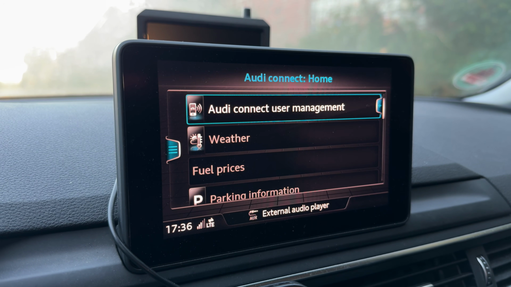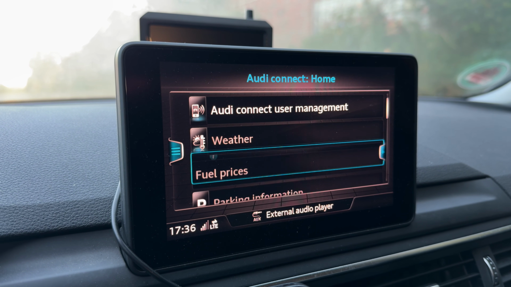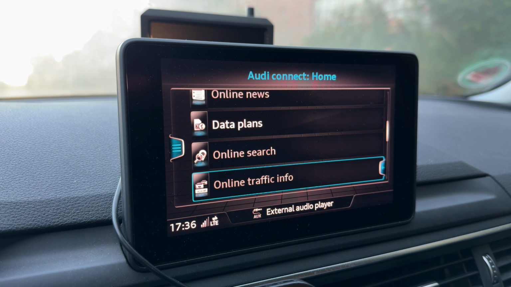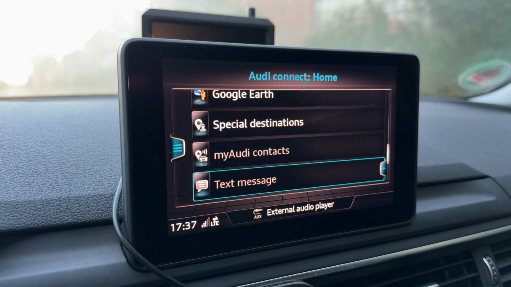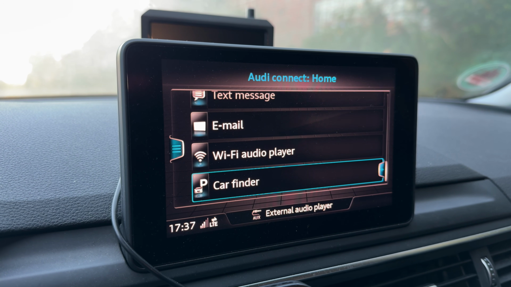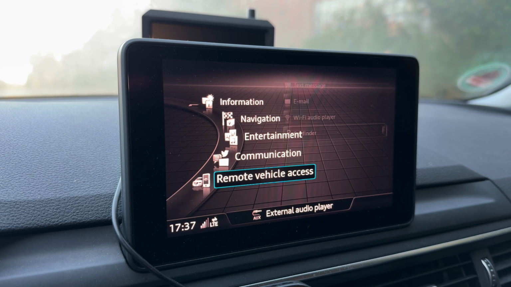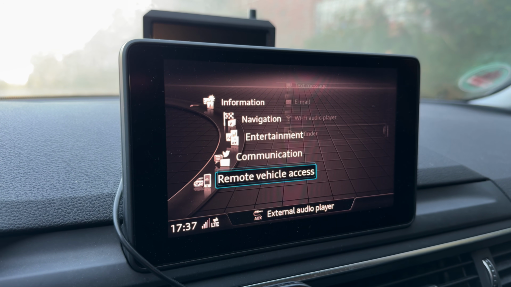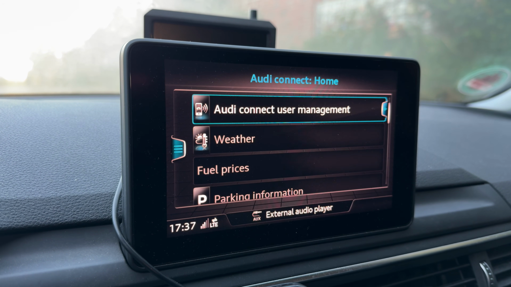Here you can see that Audi Connect offers weather, fuel prices, parking information, online news, data plans, online search, online traffic information, Google Earth, special destinations, and a lot more. You can find your car, you can navigate to your car, and you can get remote vehicle access. Communication with Audi and so on is possible there.